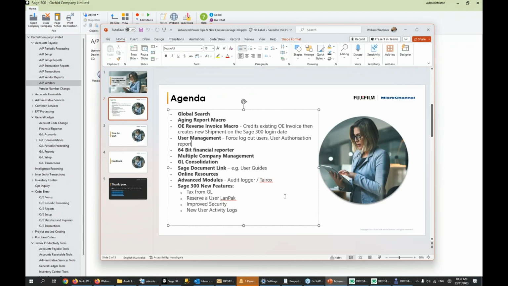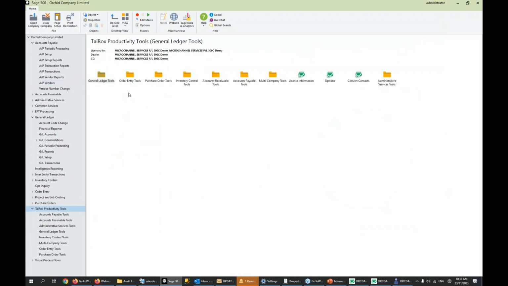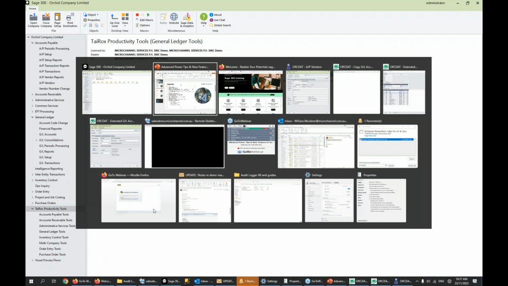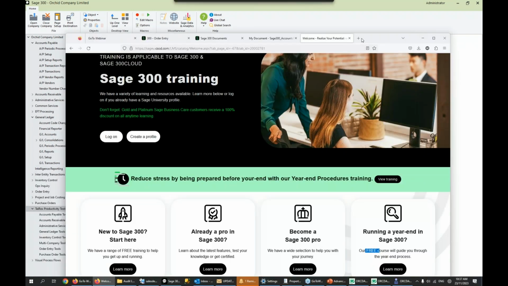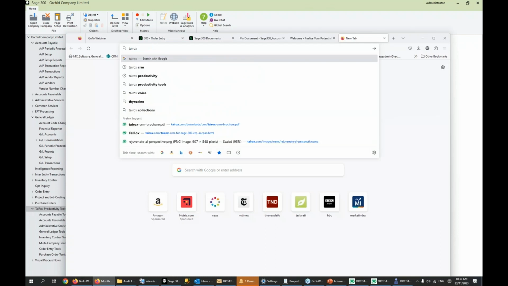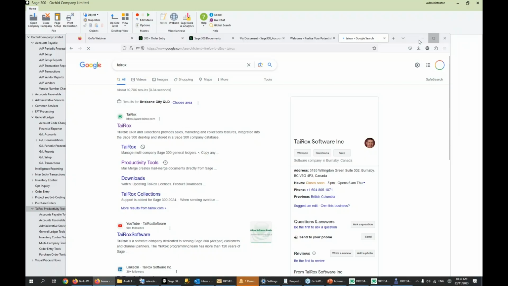Now, advanced modules. So I branched into Tairox earlier, and I think it's worth mentioning that Tairox, we talked about this, I'm bored now, Tairox do have far more than just that module, and I do single them out for a bit of extra love, just because it's quite extensive, and we've got to give the Canadians their due. They can be quite clever,